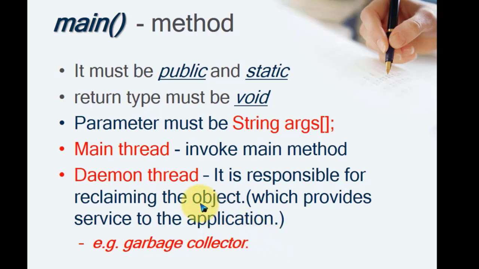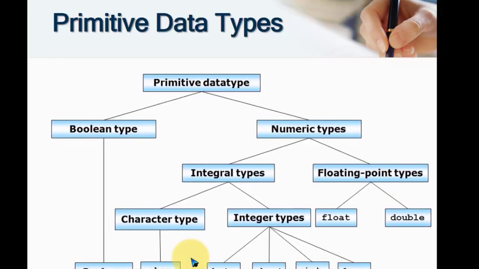So at the time of interview, most of the time they ask you, do you know the concept of garbage collector in Java? So basically the garbage collector will help you to allocate and deallocate the memory automatically, and this is the daemon thread, and it is running under the JVM. So who is responsible for this? It is the JVM. So JVM will handle all these things. Okay, now the